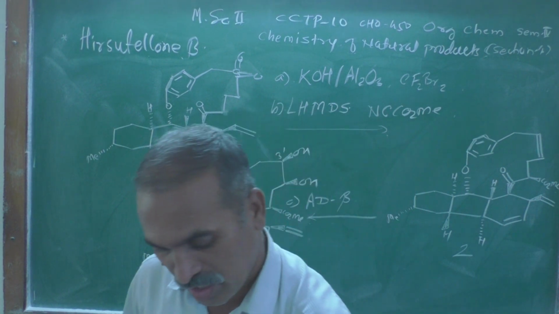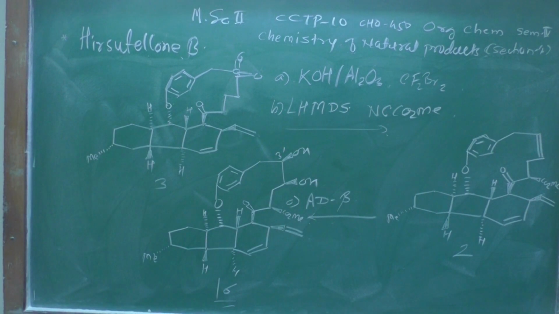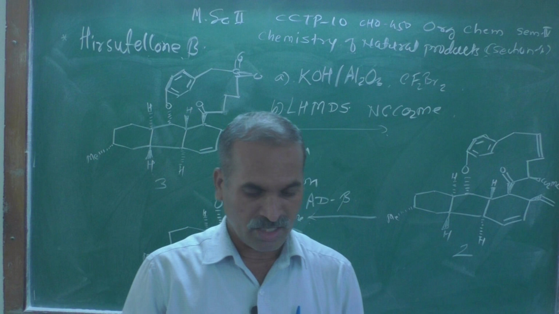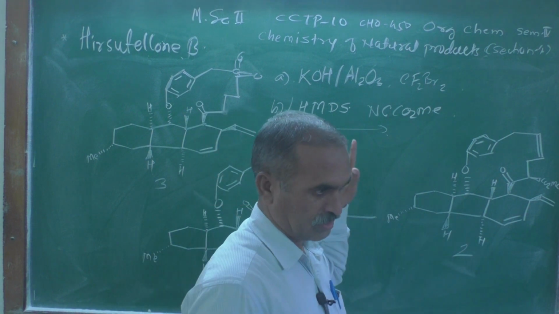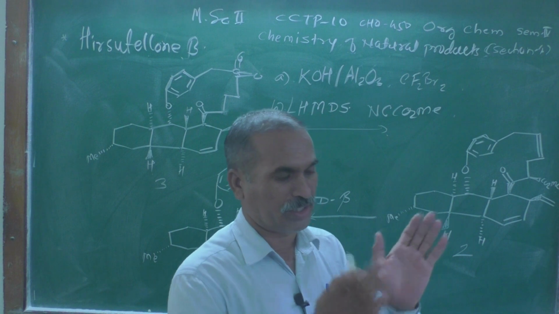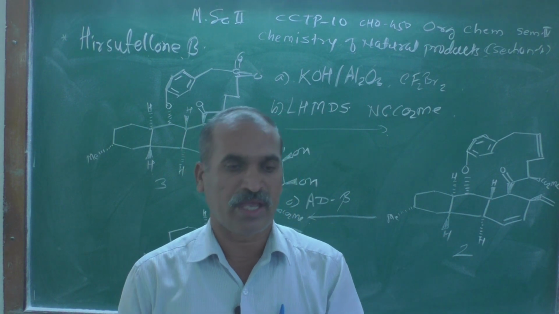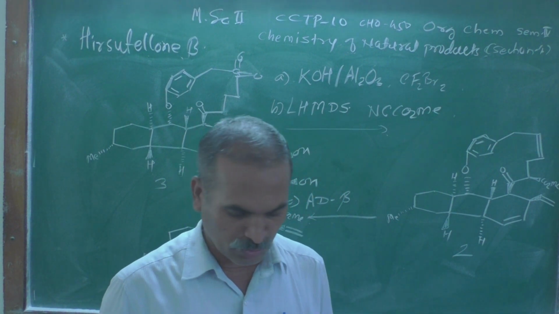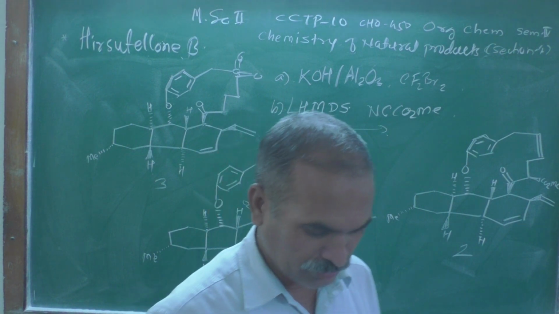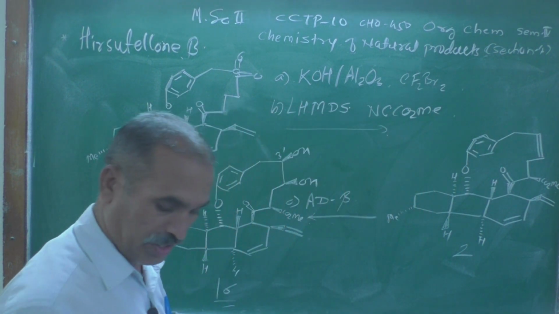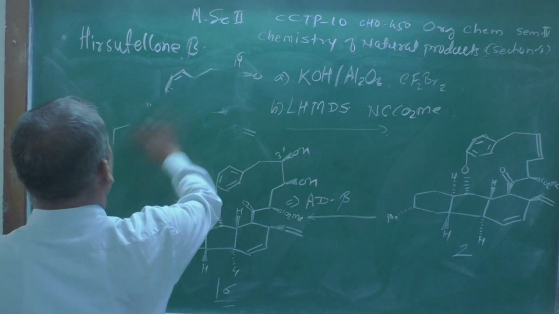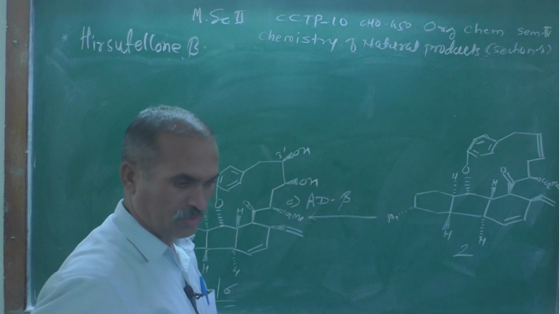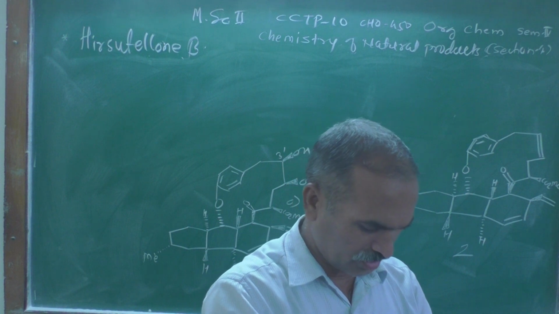Up to this point we have studied that, and today we are going to discuss the rest of the intermediates and synthesize, or obtain, the hirsutene B that we are trying to get here. After compound 16, let me clean the board, and we will see what we get.